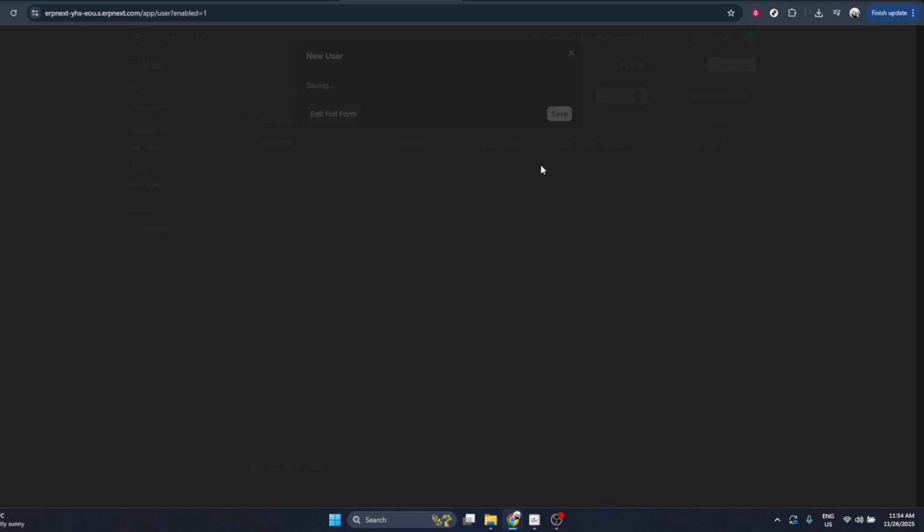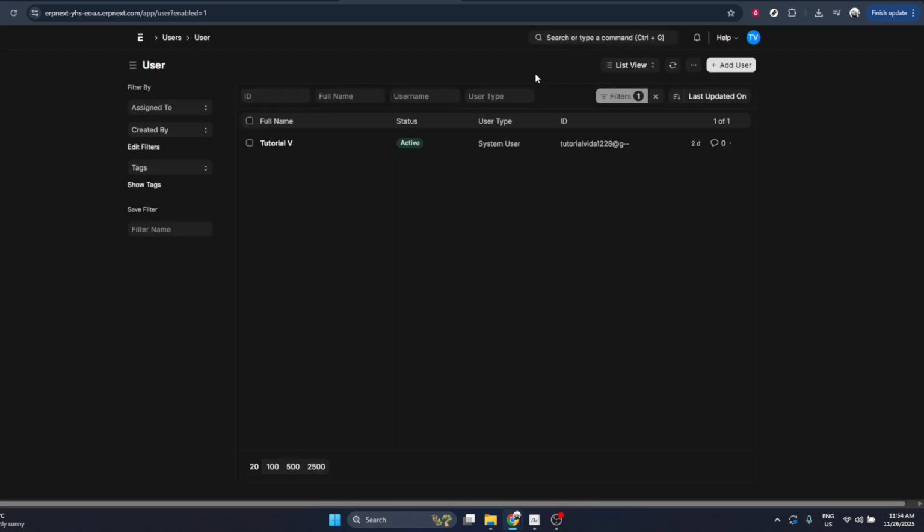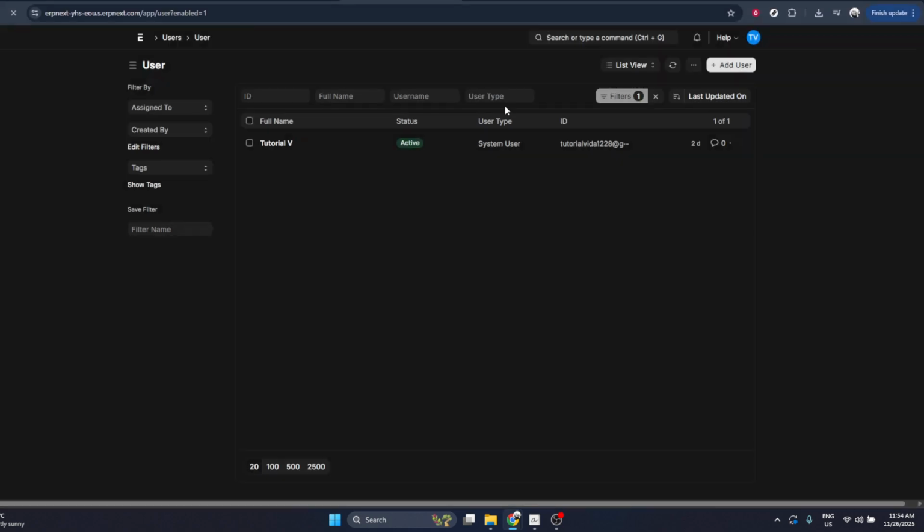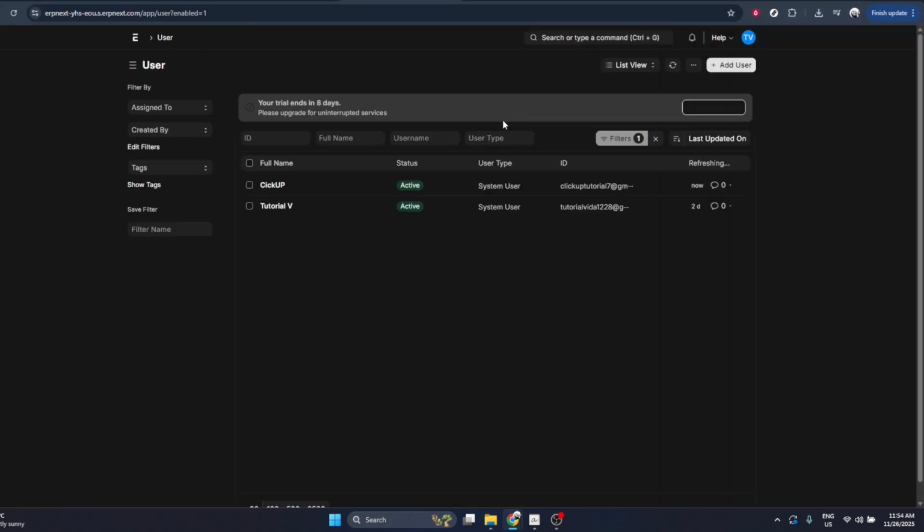When all the details look correct and you're happy with the configuration, it's time to save the new user record. Find the Save button, usually at the top right of the form, and click on Save. ERPNext will then create the user and, if configured, may automatically send an invitation email so they can set their password and log in. And that's it. You've successfully created a user in ERPNext, starting from the Users page, opening the user form, filling in the